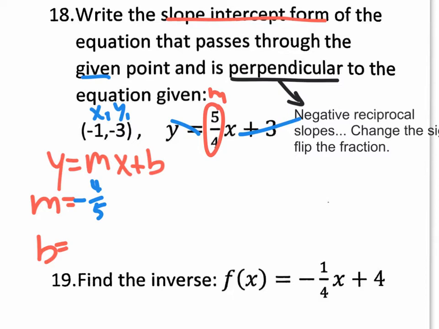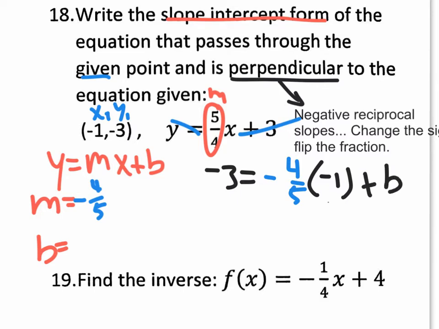After that, we're going to use the point that they gave us to plug in our x value right here, our y value right here, and our m value right here, so we could solve for b. So instead of y equals, we're going to have -3 equals. Instead of m, we're going to have -4/5 times x. That's going to be times -1 plus b. And let's solve for b. So our new equation is really going to be -3 equals 4/5 plus b,